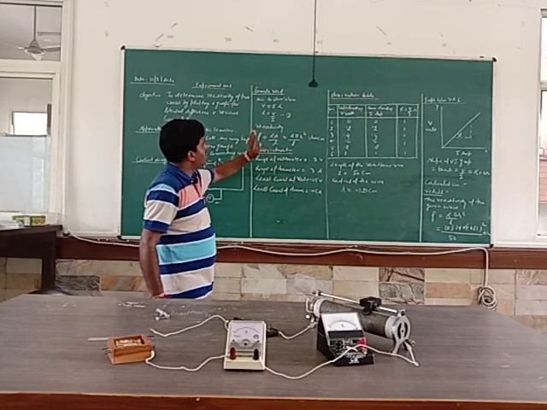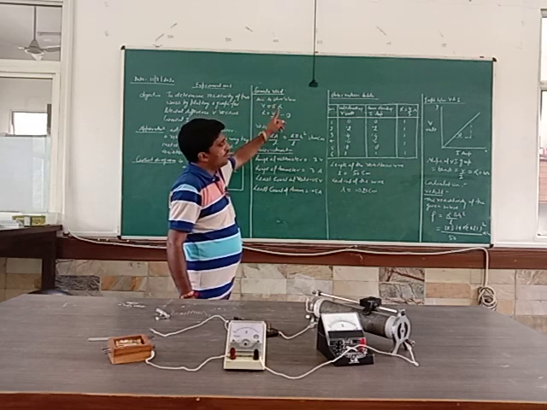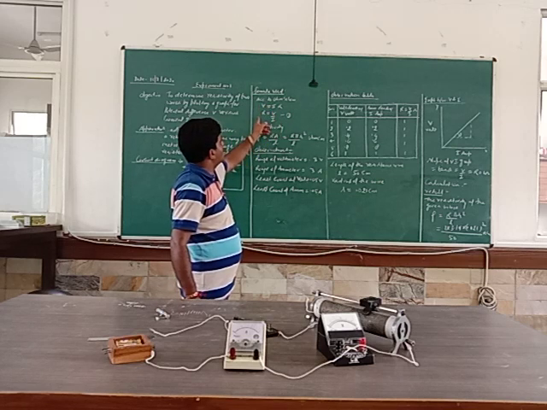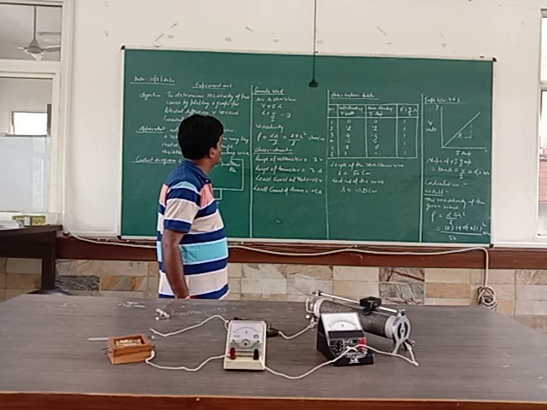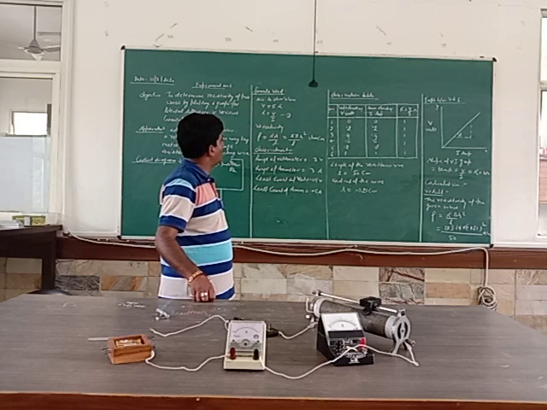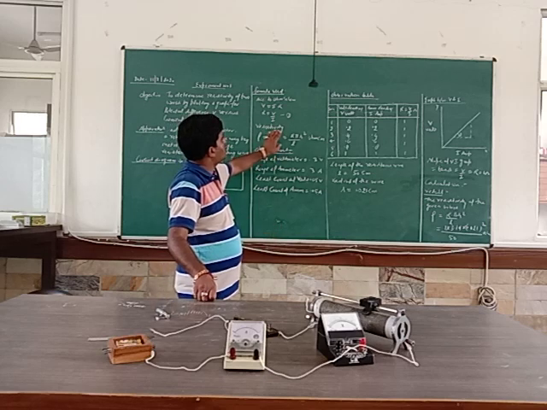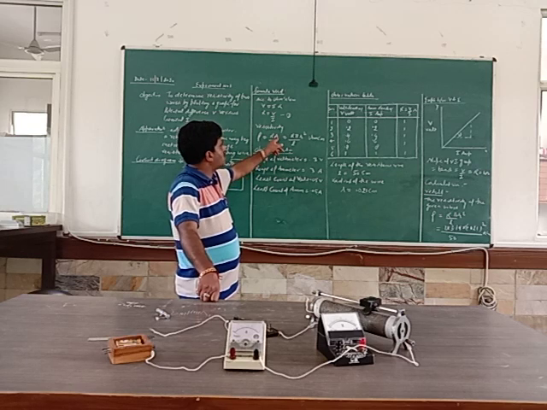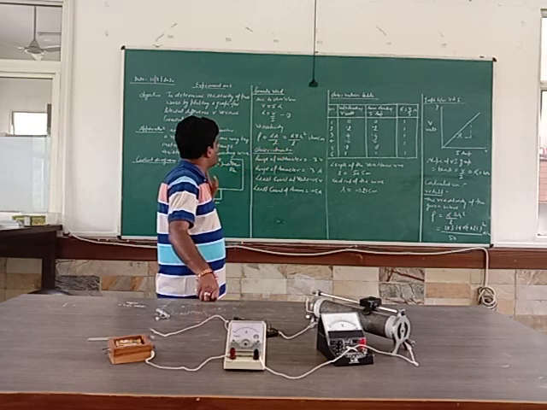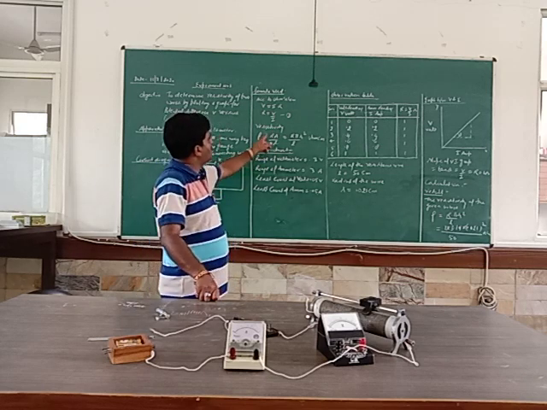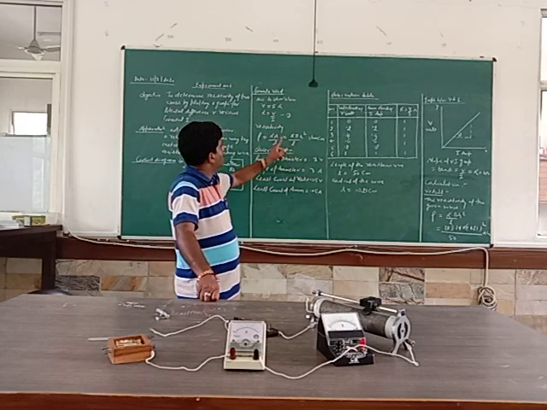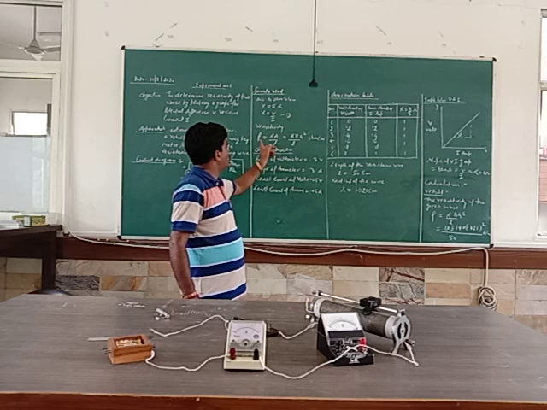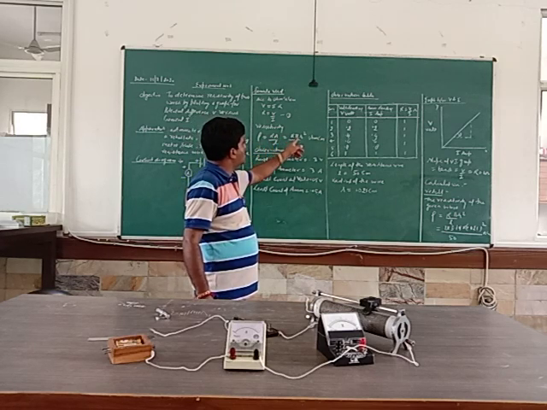In this experiment we will use the following formulas. According to Ohm's law, the voltage V is equal to current into resistance, V = IR, and the resistance of the wire is equal to the ratio of voltage and current, V upon I. The formula of resistivity, also known as specific resistance, is rho = RA upon L, where A is the area of cross section of the wire, L is the length of the resistance wire, and R is the resistance, which we can measure by the experiment. The area is also written as pi r square. So the resistivity formula is rho = pi r square R upon L.